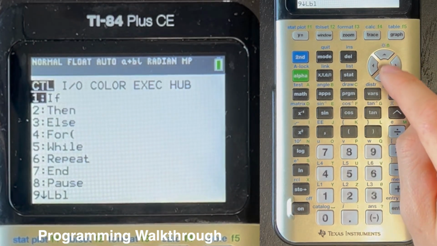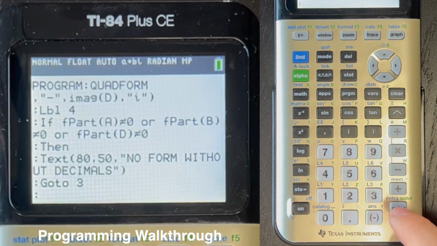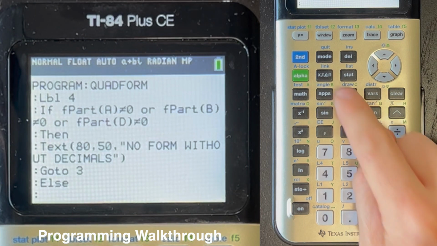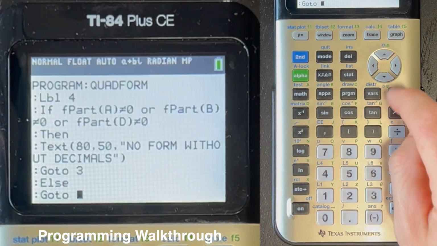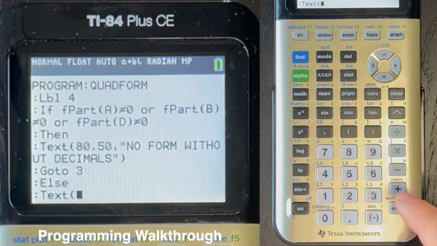Enter program, 0 for go to, 3, enter program, else, enter program, 0, sorry, not that, second program, 0 for